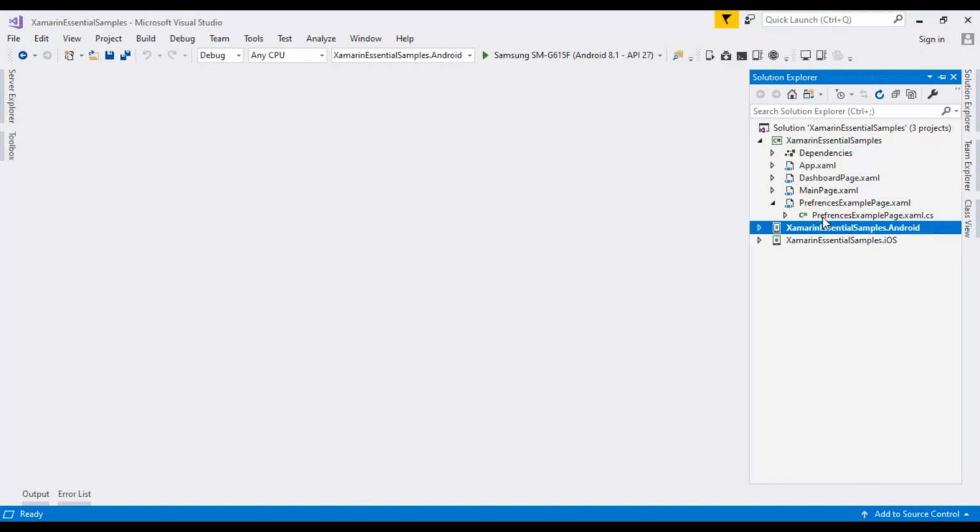After logging out from the dashboard page, when the user opens the application a second time, it will check whether the username and password already exist inside the preferences. If they exist, that means the user is already logged in, so we don't need to show the login page again. We directly navigate to the dashboard page. If the user is not logged in, then we show the login page again.